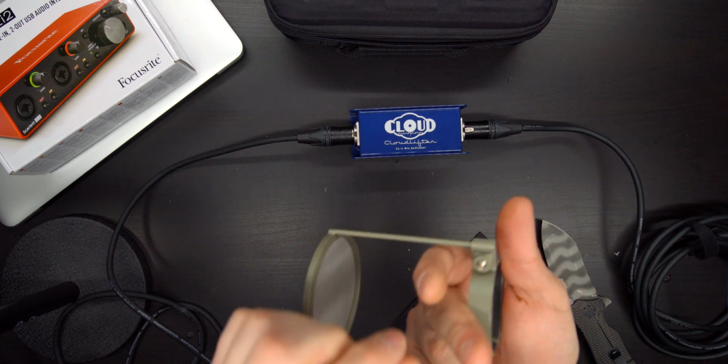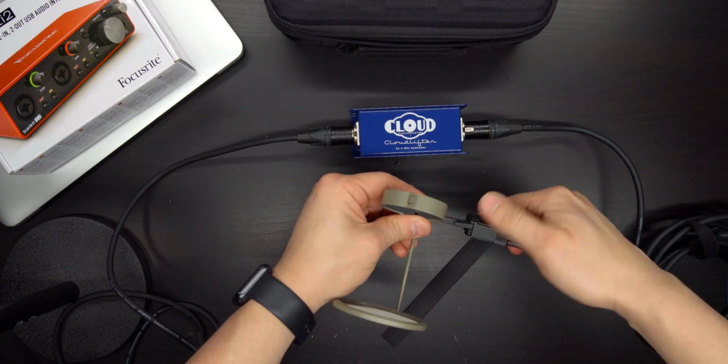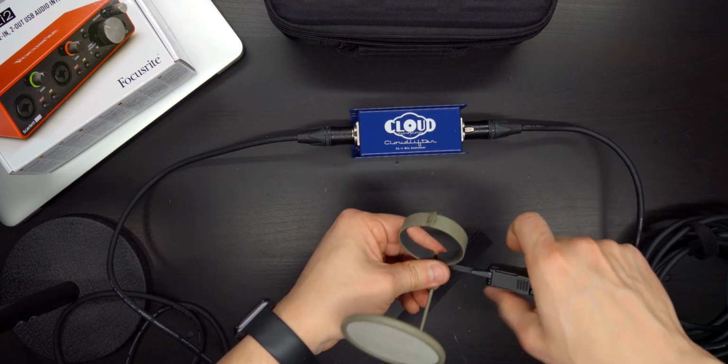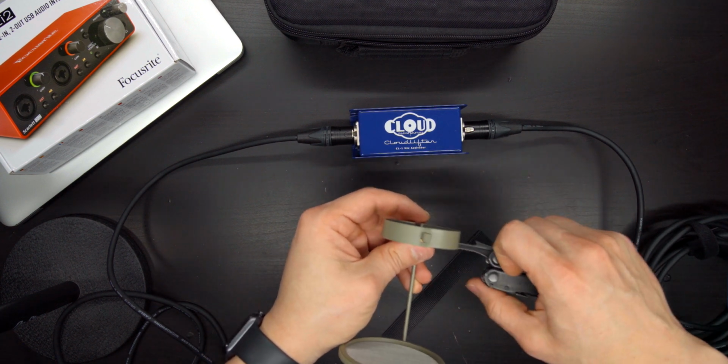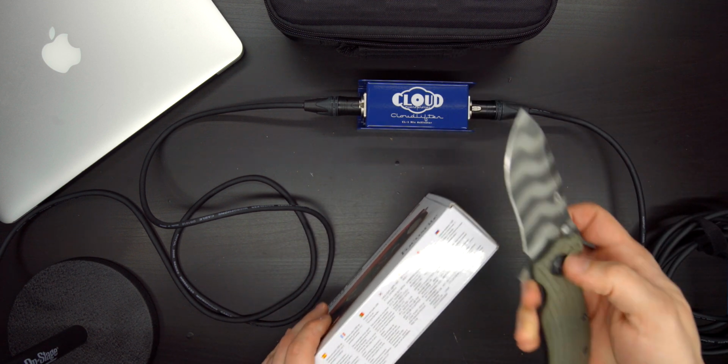While installing this pop filter, one needs to flip the tightening screw from one side to the other in order to tighten. And FYI, the fit around the mic is tight as f***. With that squared away, let's bust out the audio interface, the piece that actually allows us to get the mic